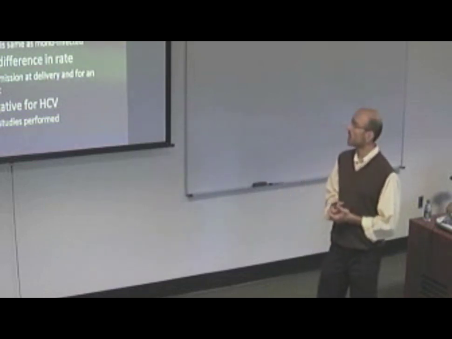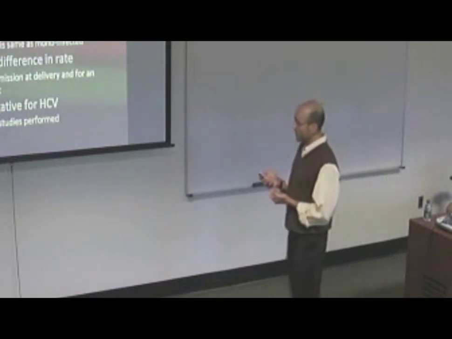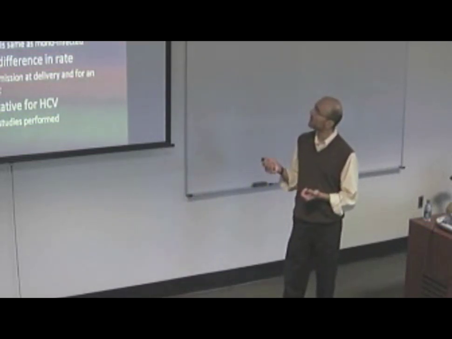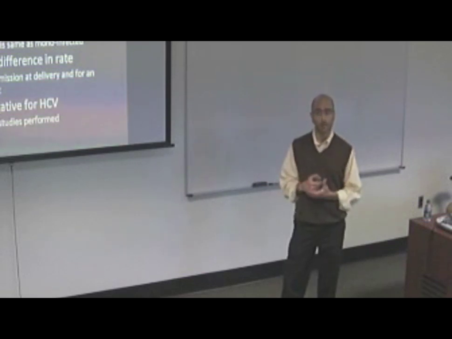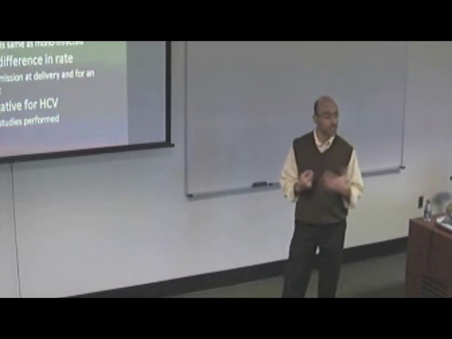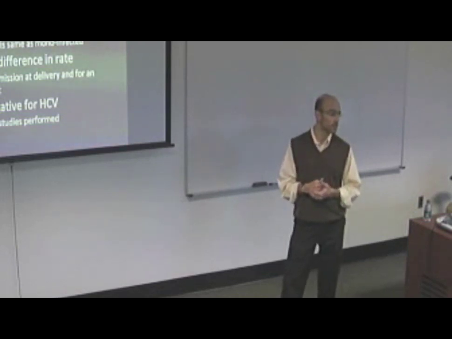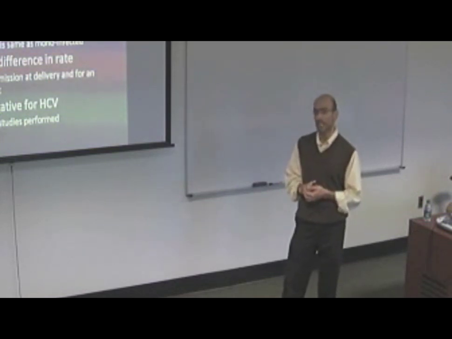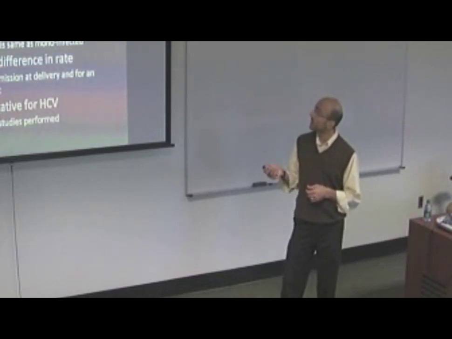So what do we know about vertical transmission with Hep C? We know that the transmission rate compared to other viruses is actually pretty low. Somewhere between 5 to 10% of all infants have the virus transmitted from their moms. However, many of those infants, probably about half, will resolve that infection somewhere in the first 2 to 3 years of life. It's not clear why this happens. Again, it's probably developmental, probably immune-related. It's the combination of them that makes infants different than adults. But anyway, at the end of, let's say, 3 years, about 3 to 5% of these infants have chronic